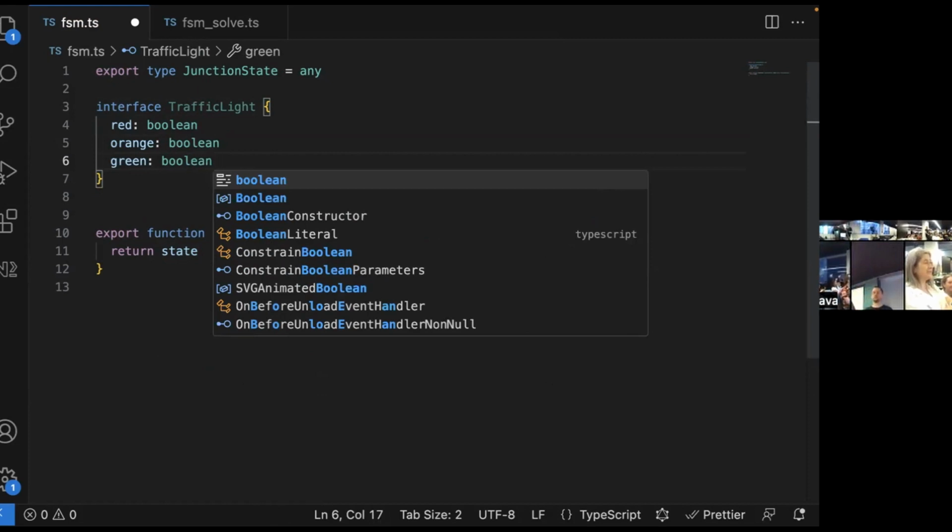Why do you say it depends on what country you're in? Maybe in the UK it's possible to have red and orange. Yeah, so there are countries in which you can have both red and orange on at the same time. It's used between red and green, right? So orange goes on and then it goes green. But even in that particular case, this is still a terrible way to model that traffic light.